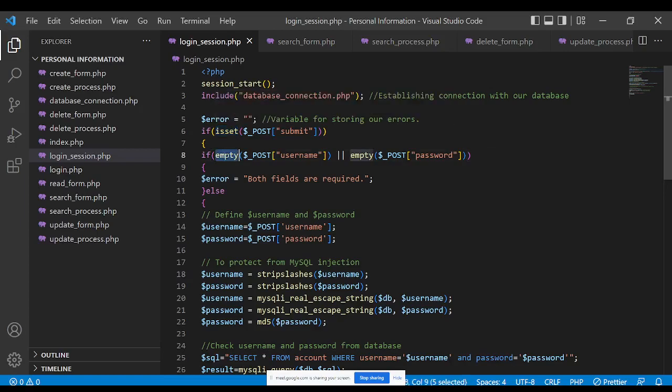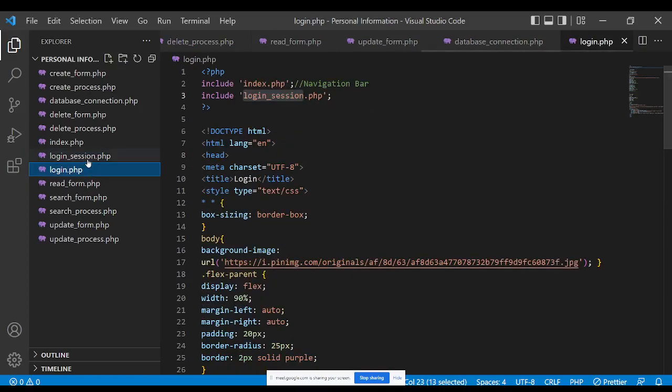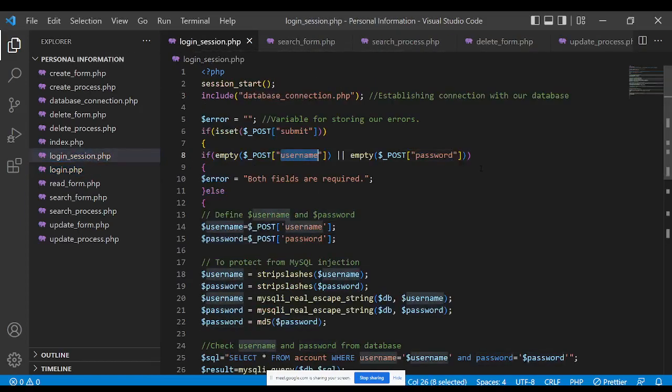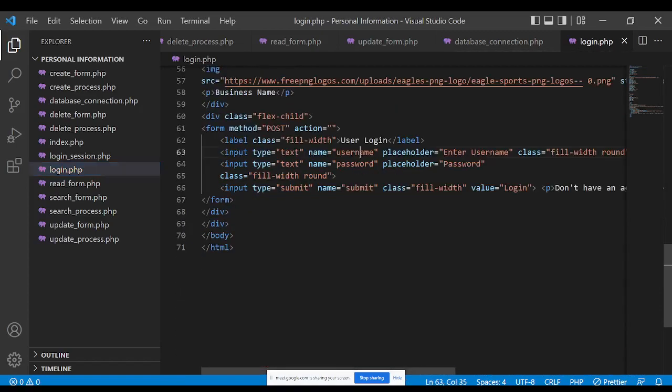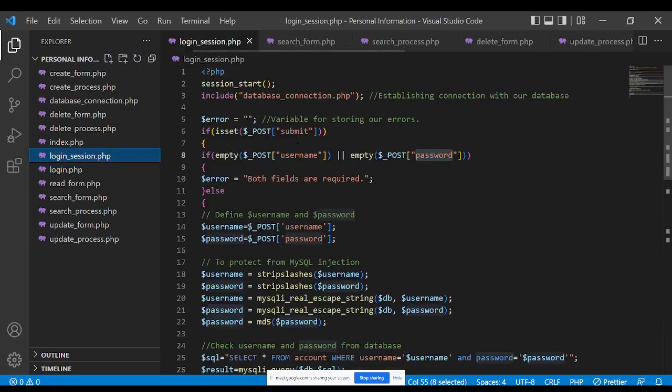And then if we have the username and password, by the way, if post username and password is empty, wait, the name is username and password. So that is the name of our text box. If they are empty,